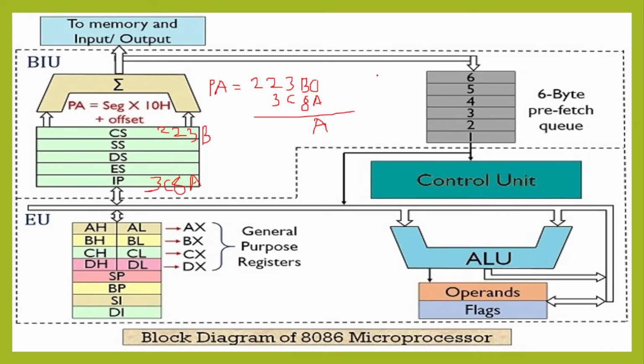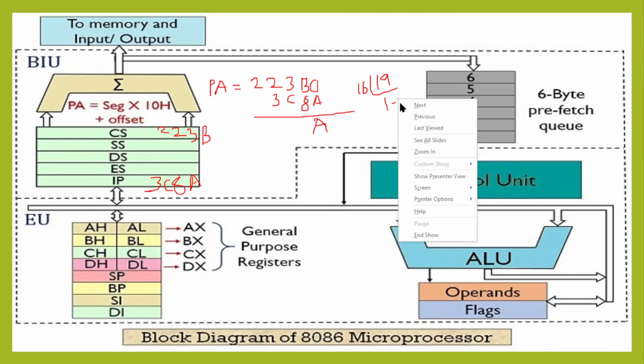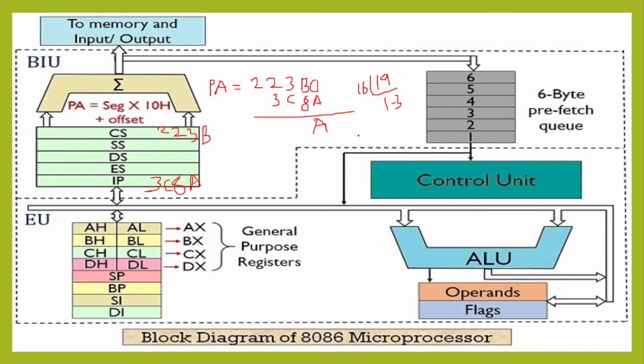So when we divide 19 by 16 in hex, because all microprocessor calculations are in hex, all are binary in terms of hex, so it is 1, 3. So here 3, here 1. So 3 plus 1 is 4, C plus 4, C is 12, 12 plus 4 is 16, 16 means just 1 0. So here 0, here 1, now it is 6, 2. So this is the new physical address for the next instruction.